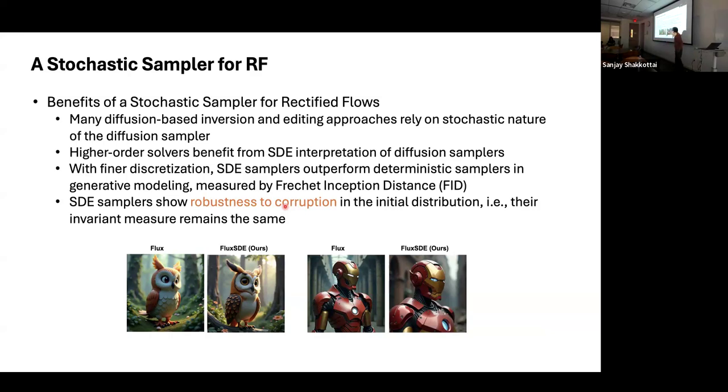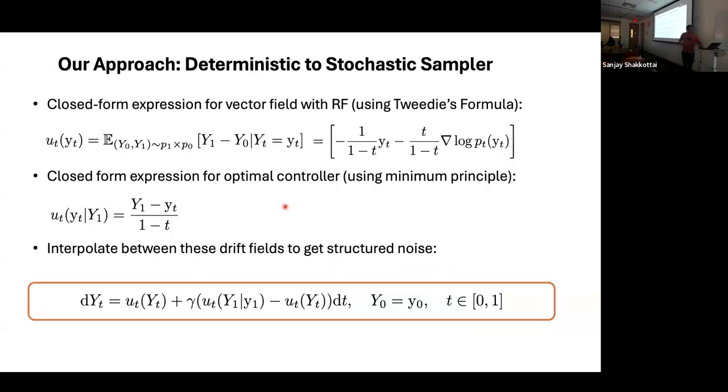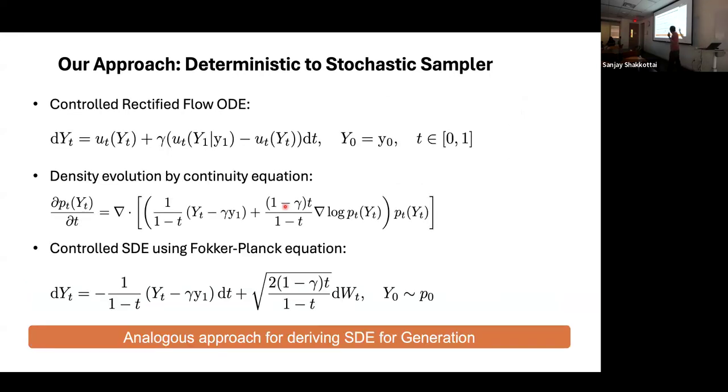Okay. And SDE samplers are also robust to corruption. In a flow model, the initial condition will just stay all the time. A stochastic model has that robustness to corruption. Okay. So we can take whatever we did, these control flows, and actually get stochastic samplers, and the pipeline is